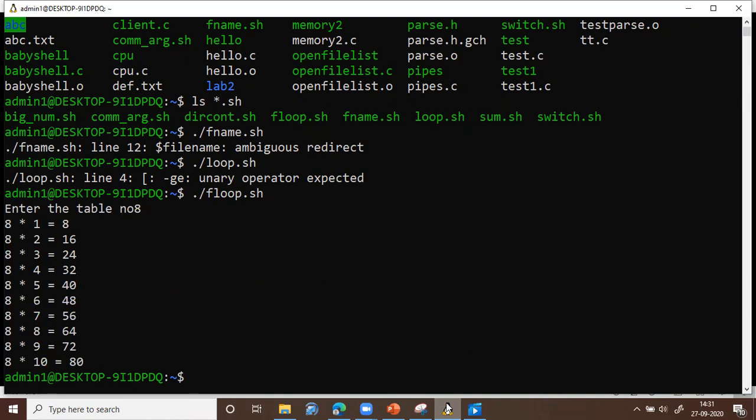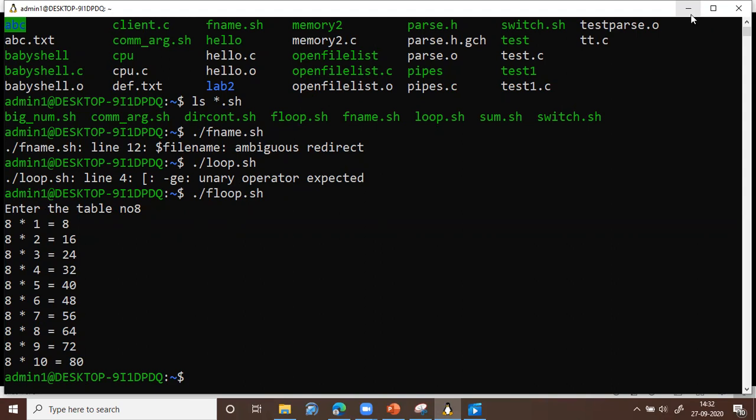The file will have a list of Linux commands or Unix commands, or commands pertaining to a particular operating system, and when you execute that file, all the commands will be executed in that order.